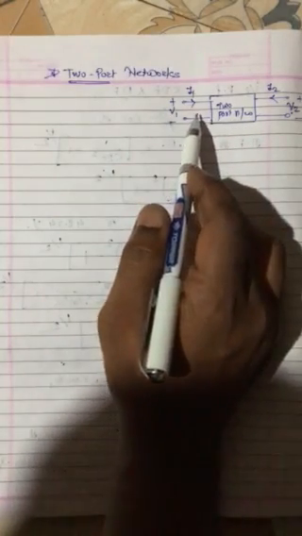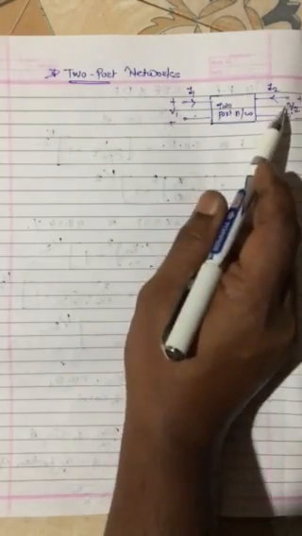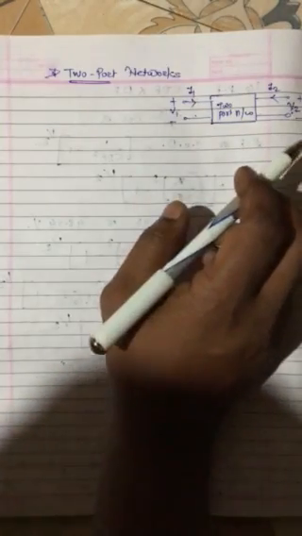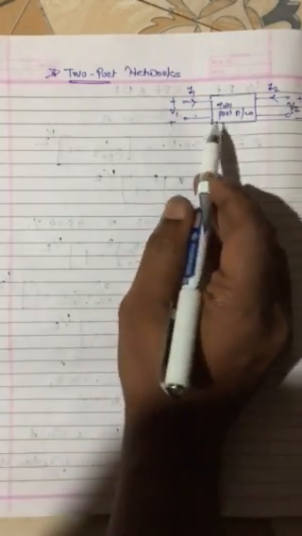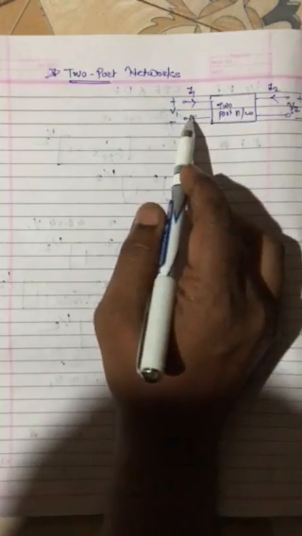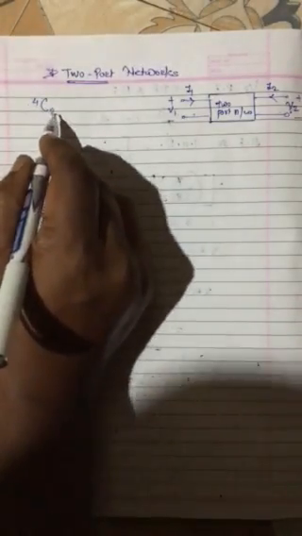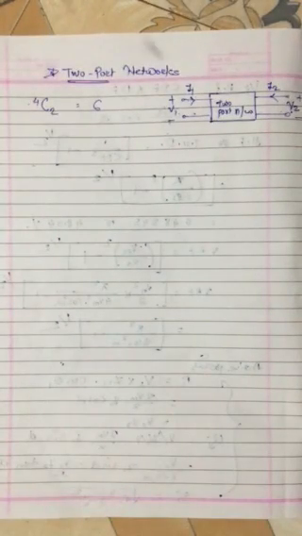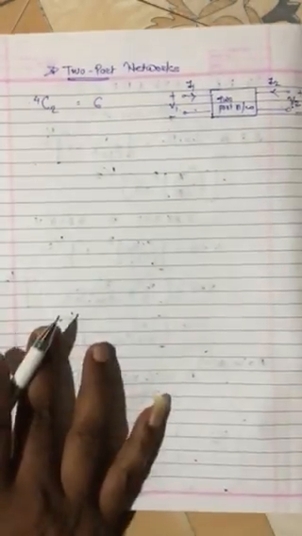Now two of these variables can be expressed in terms of the other two variables. That means I can express V1 in terms of V2, or I1 in terms of I2, or V1 and I1 in terms of V2 and I2, right? So there will be two dependent variables and two independent variables. Overall, there are four variables, of which two are dependent and two are independent. So the total number of combinations is 6, and there are 6 possible sets of equations describing this two port network.